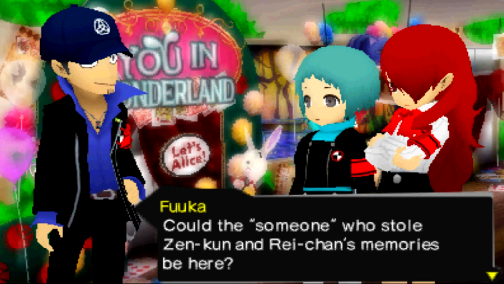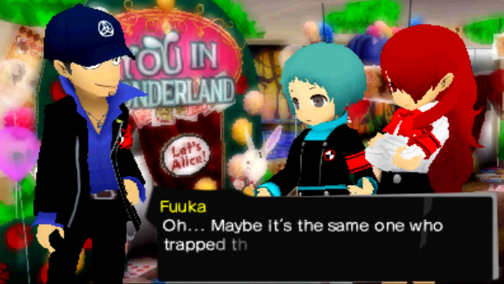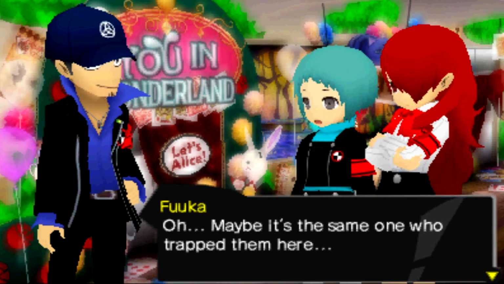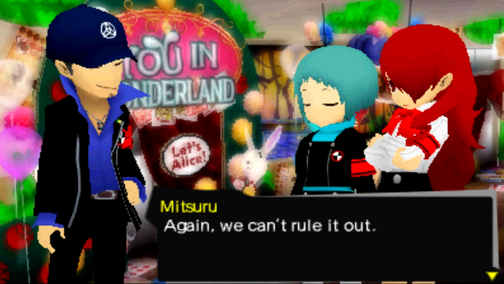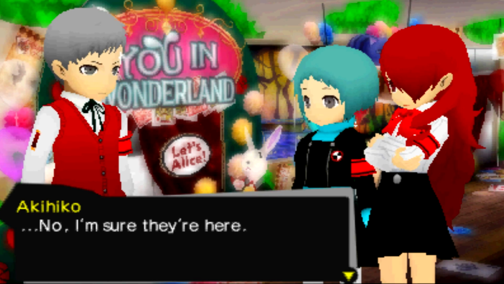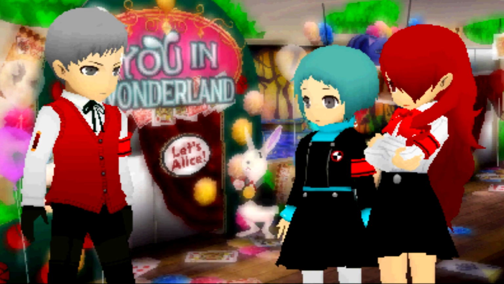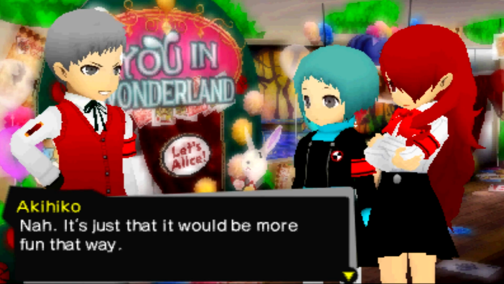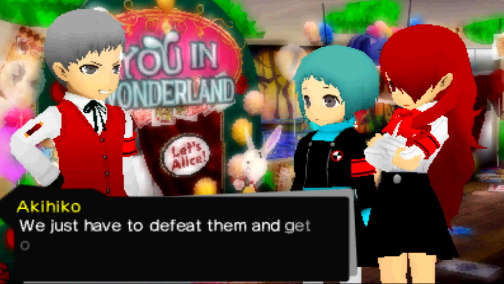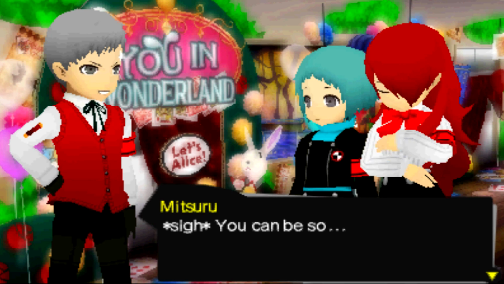Could the someone who stole Zen-kun and Rei-chan's memories be here? Oh, maybe it's the same one who trapped them here. Again, we can't rule it out. No, I'm sure they're here. Do you sense something, Akihiko-senpai? It's just that it would be more fun that way. We just have to defeat them and get out of here. Simple as that. You can be so...